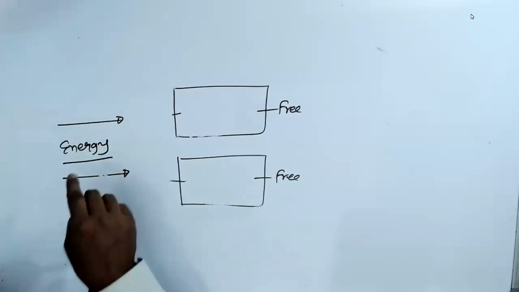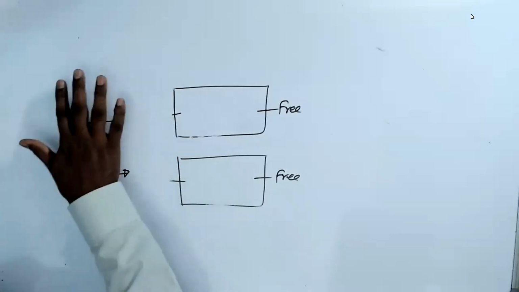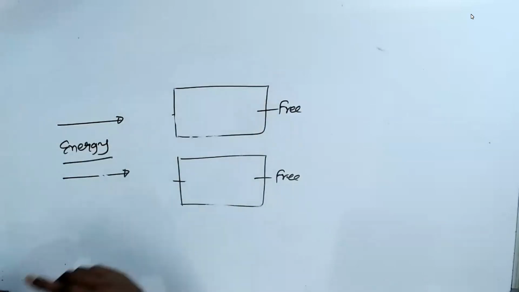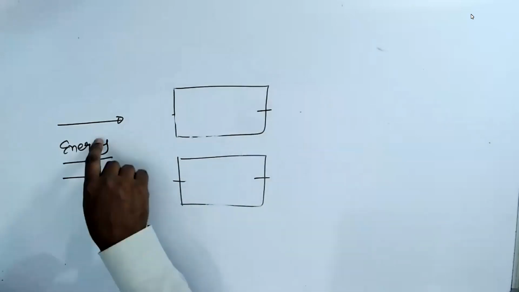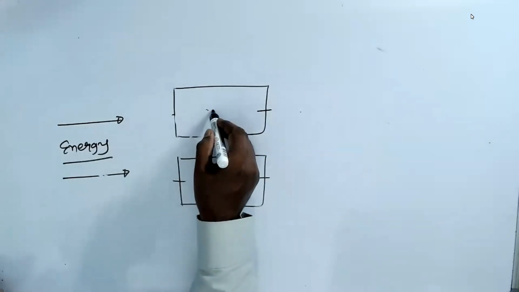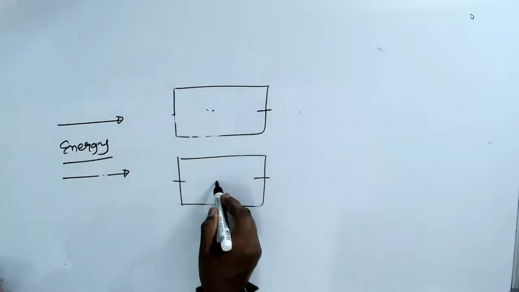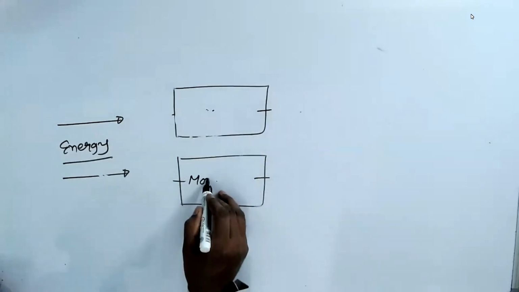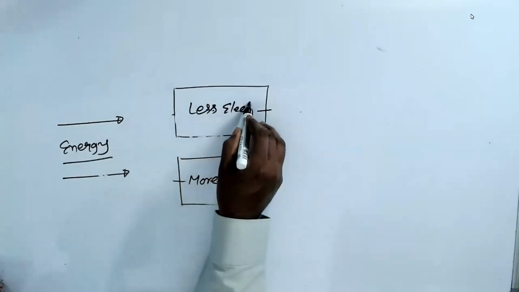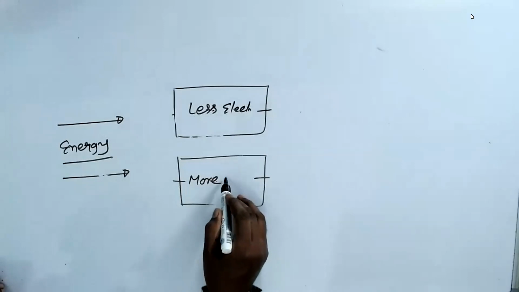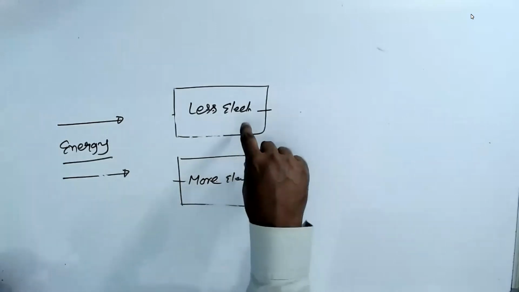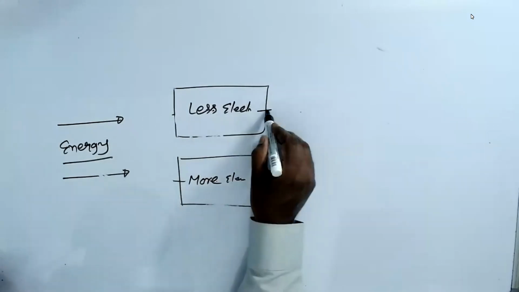We give an energy from outside. If you don't give this energy, nothing will happen. That means that the difference here will be 0. By giving an energy, we remove the electron from one and we add the electron in the other one. That means this guy has more electrons, this guy has fewer electrons. That's a trick. So the moment you make a difference, we produce electricity.